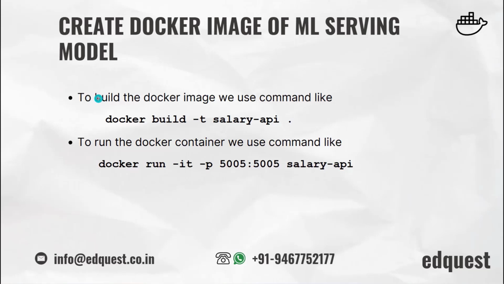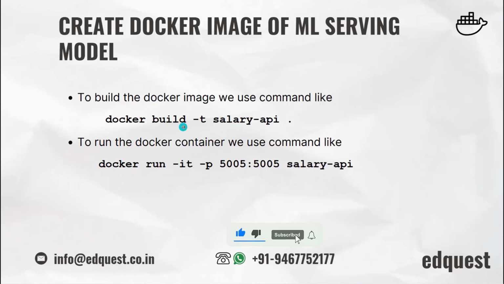This FastAPI app loads a saved model and exposes a /predict endpoint that accepts input and returns the predicted salary. And now we create our Docker image and then run the container. So let's start. To build the Docker image, we use a command like docker build -t salary-api . where docker